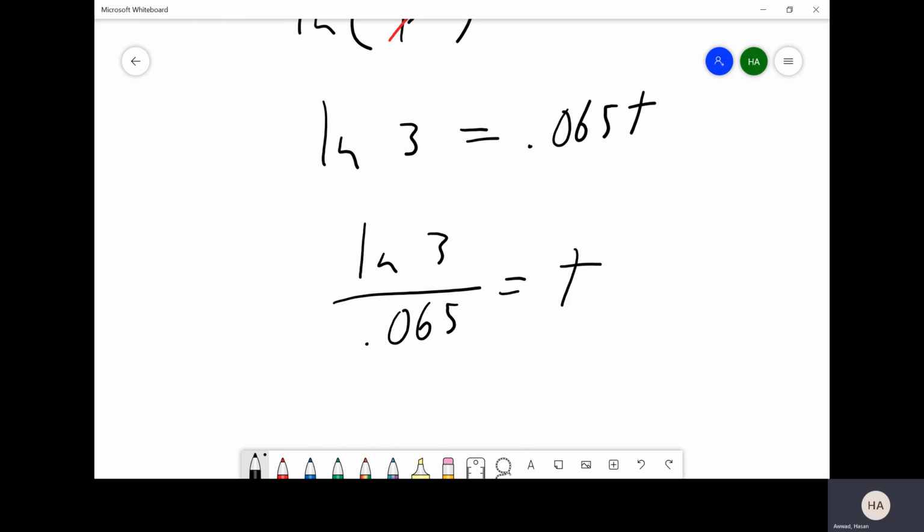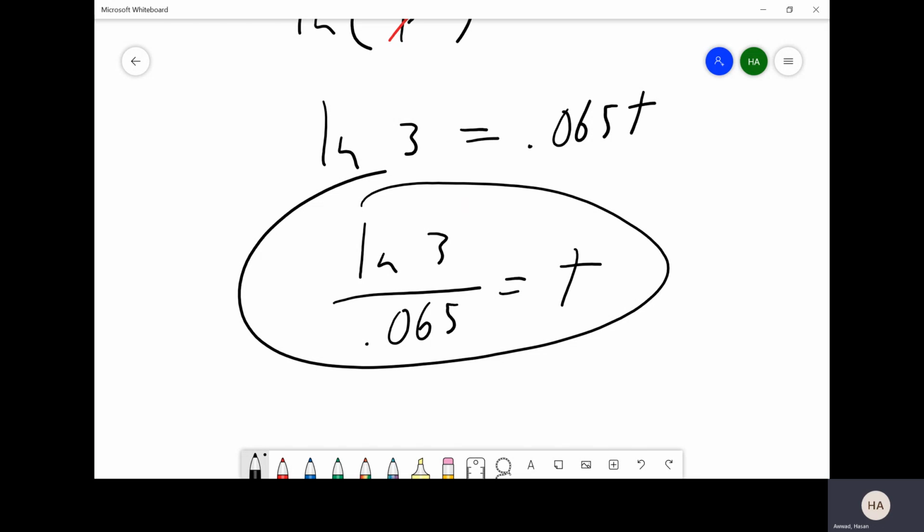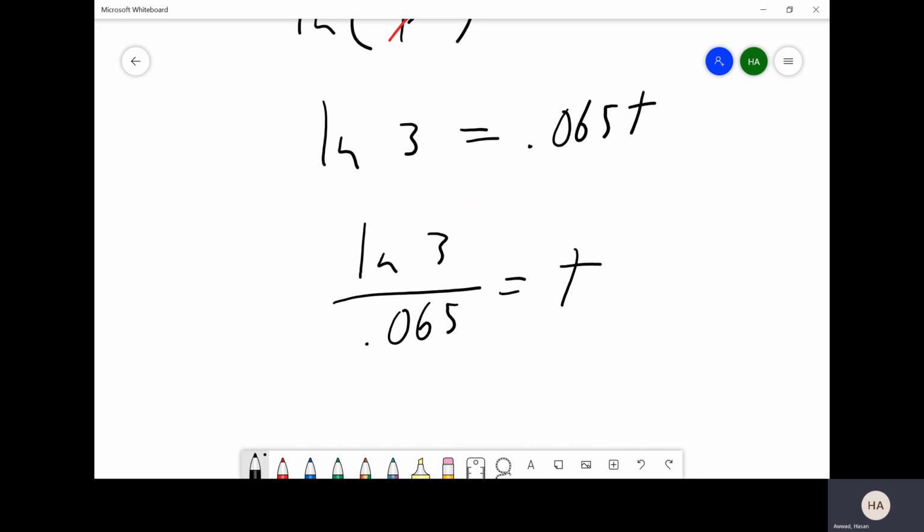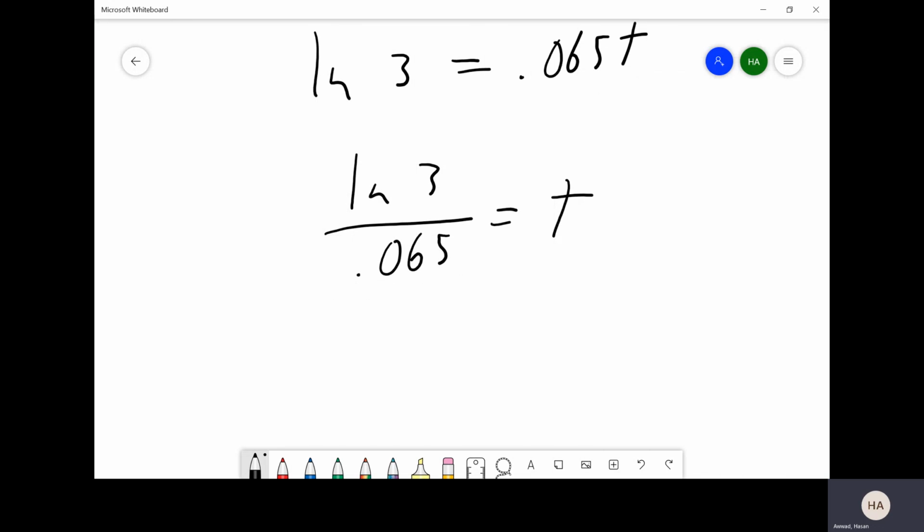And at this point, if this were on a test or a quiz and you didn't have a calculator, this is a totally acceptable answer. There's really nothing else that you can do. I don't expect you to know the natural log of 3 off the top of your head, and I certainly don't expect you to know how to divide it by 0.065. But if you were to plug it into a calculator, your final result would be t is approximately 16.9,